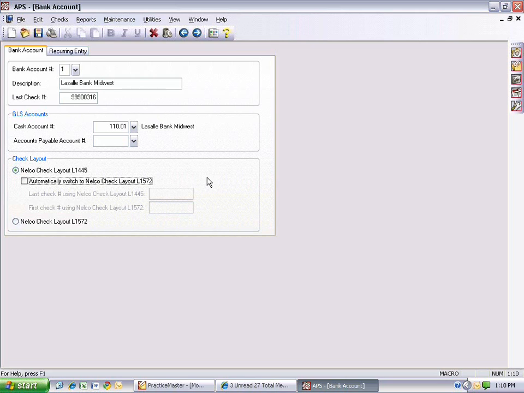Well, let me think about this for a second. This feature is actually for when you switch from one check layout to another, not when you switch from one bank to another. However,